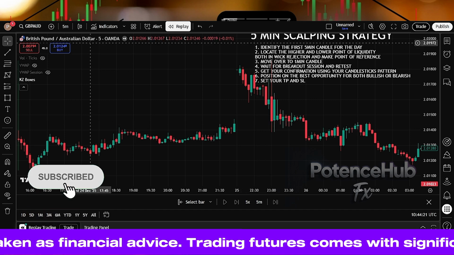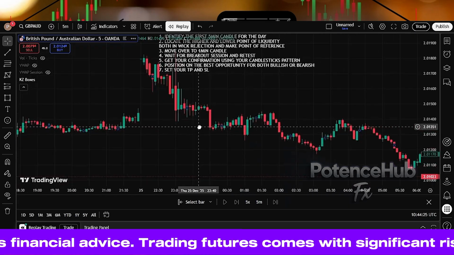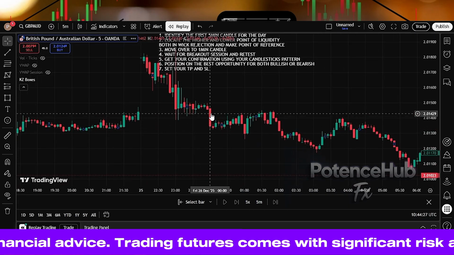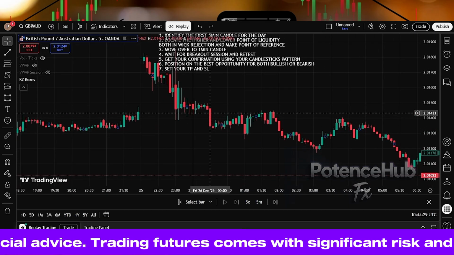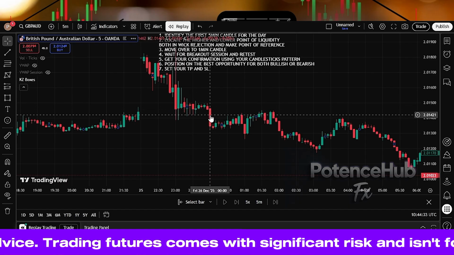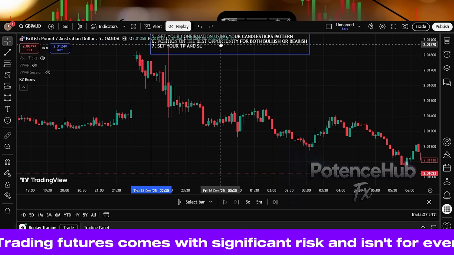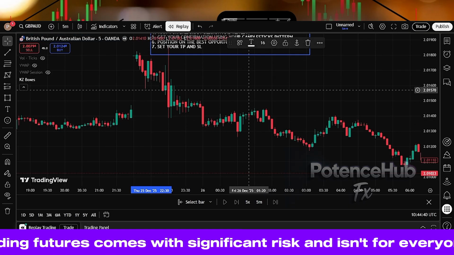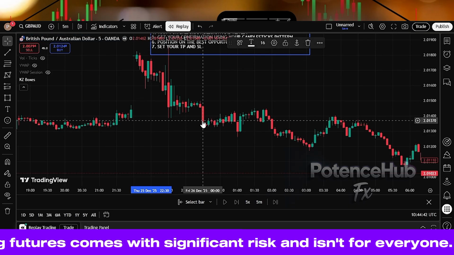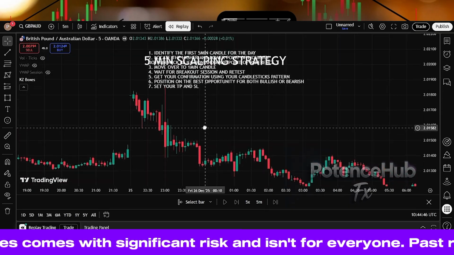As you can see now, this is the candle. Like I said, I'm on the 5 minute time frame. So this is the candle now. The next thing we're going to do from here, now that we've identified it, is to locate the higher point and lower point of liquidity of this particular candle,